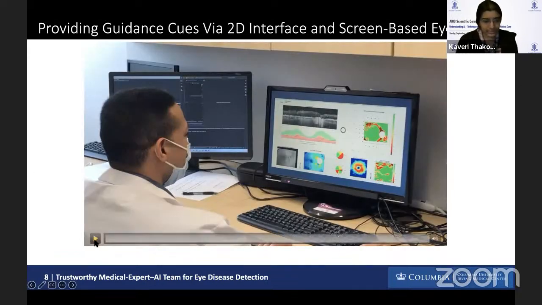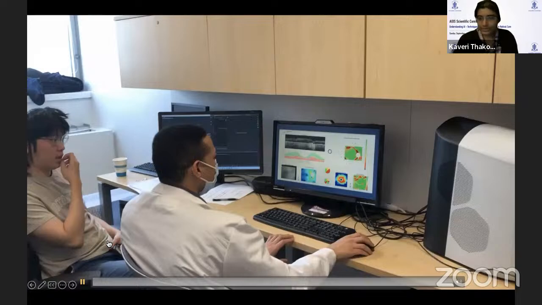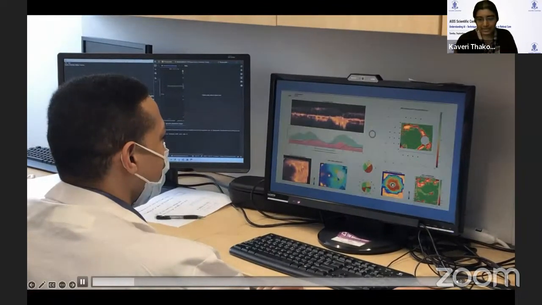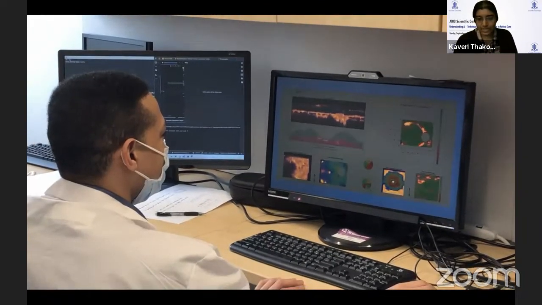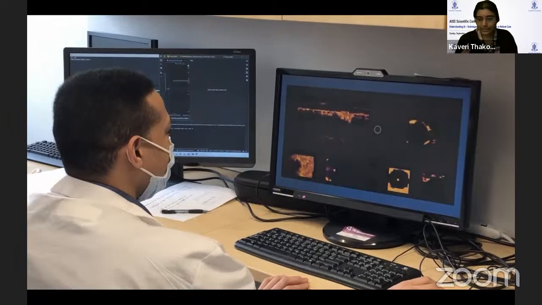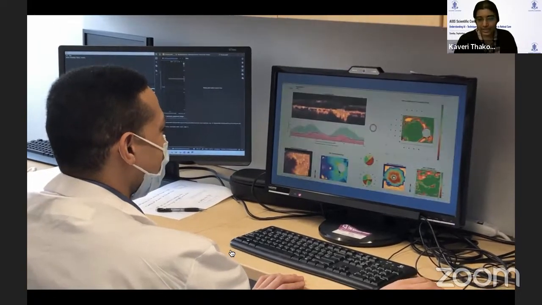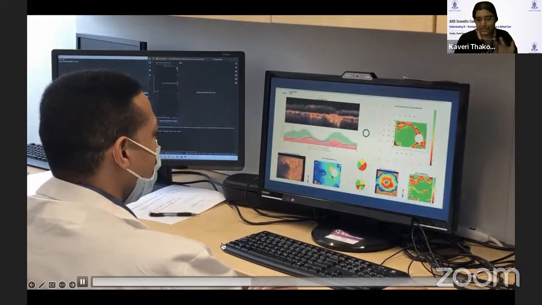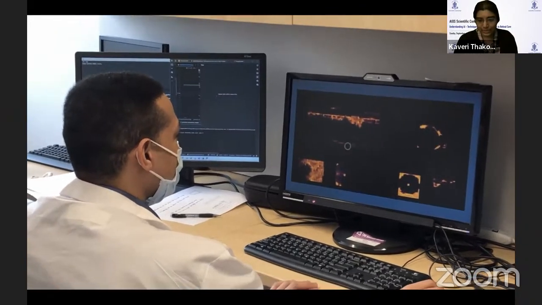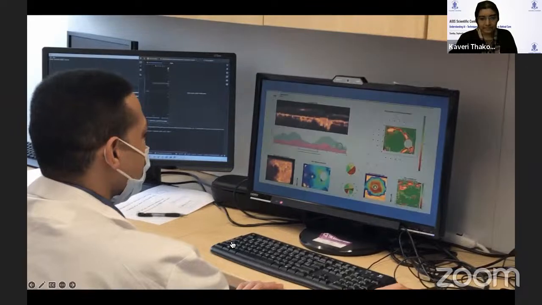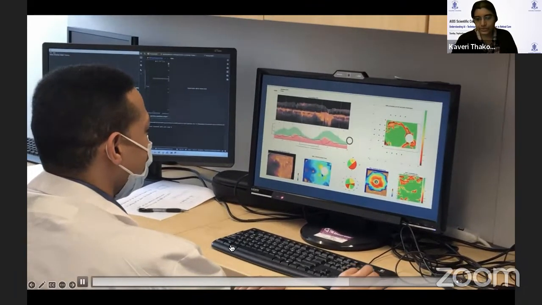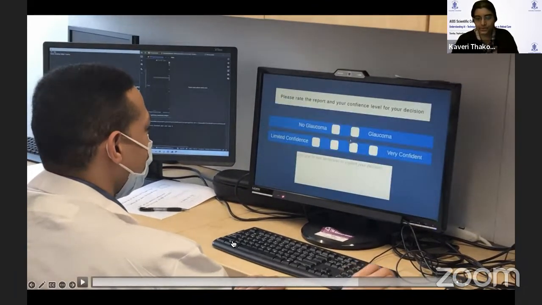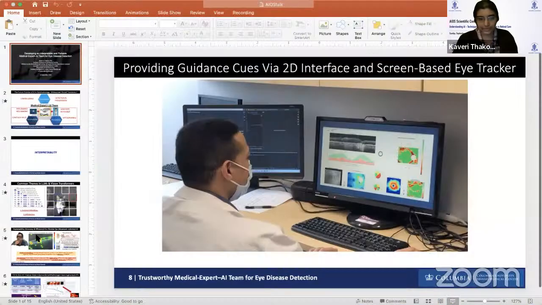The audio is not as critical, but just to show you what the system looks like. You can see here the doctor is actually toggling the brightness, so he can see the regions that the AI is actually suggesting to look at, and trying to see if that correlates with the clinical regions of importance. And then in order to conduct this user study, we also ask them their glaucoma versus no glaucoma diagnosis and